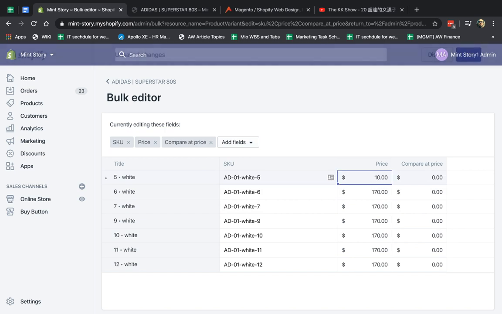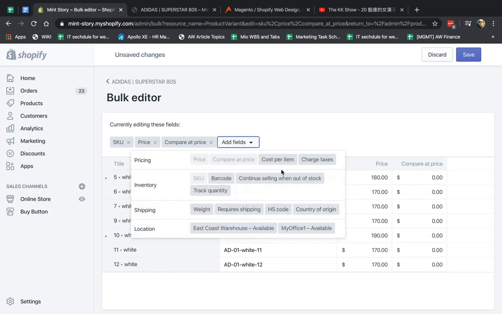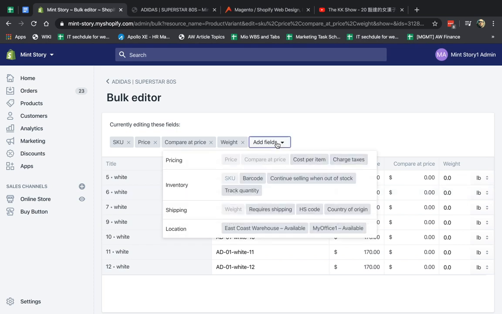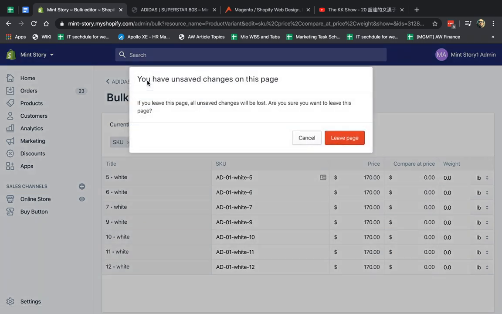For example, I want this one to be 180 and this one to be 190, okay? And I can save that, right? I can also add more fields. Let's say I want to manage all of the weight, okay? So now you have here all of these. So you can add all of these fields and you can reduce it so you can bulk edit. Just click, click, click, type, save, okay? What else can you do?